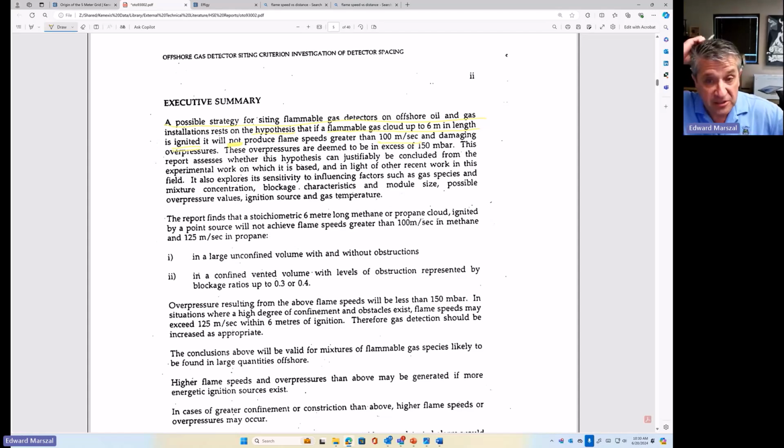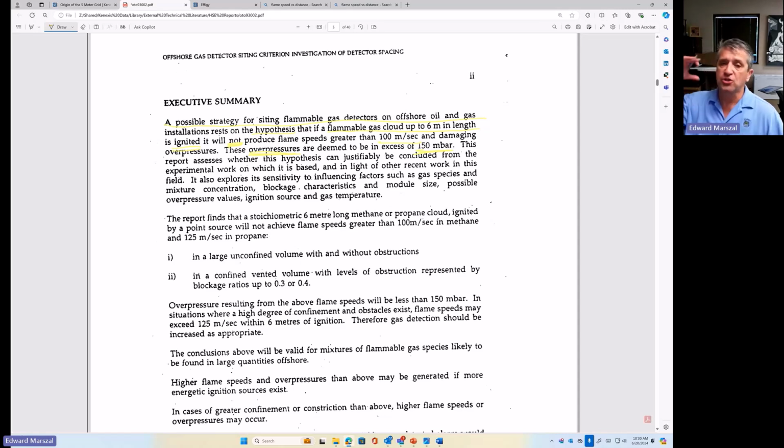And a flame speed of 100 meters per second is not expected to produce overpressures in excess of 150 millibar. So you'll have to do your own unit conversion to convert millibar into PSI, but that is not a